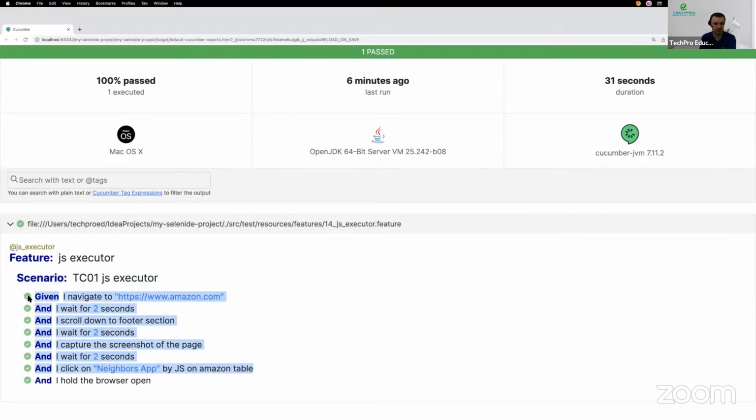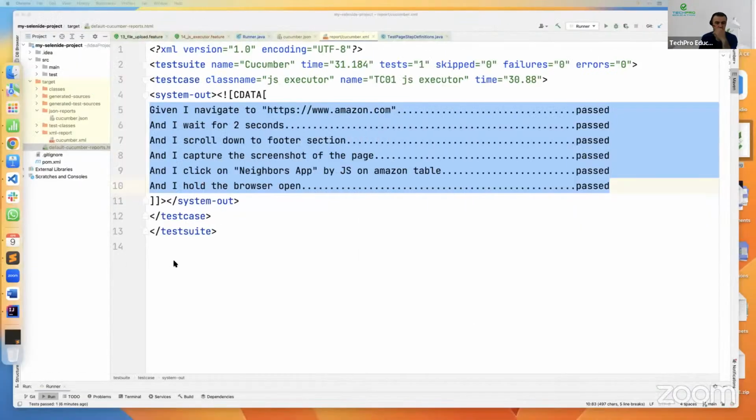If the test case passed, we will see green. If the test case fails, we see red. If the test case is skipped, we see kind of yellowish colors. And in this, you can see when it ran, if it passed or failed, which browser, etc. You can see also the total execution time. Right? So this is the report, and we can actually